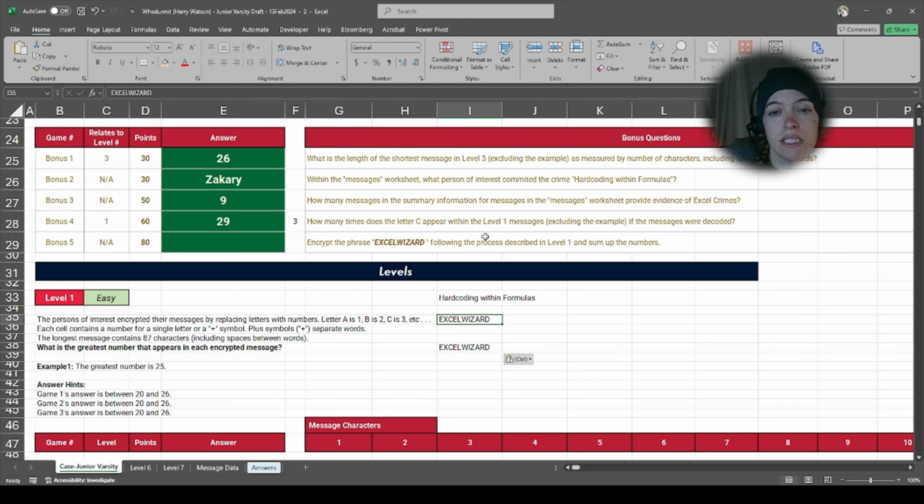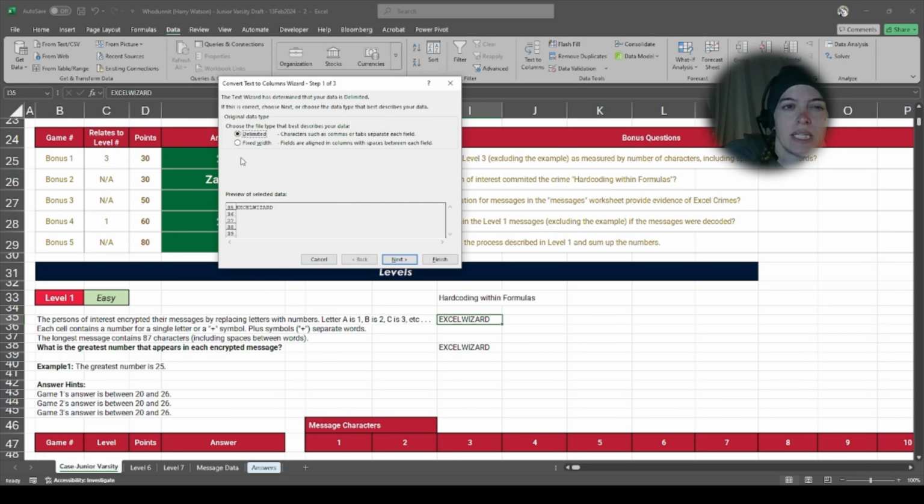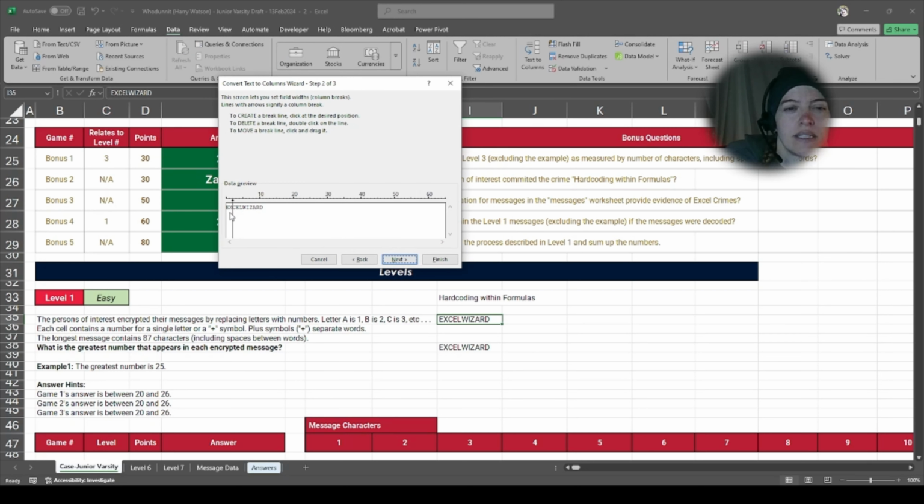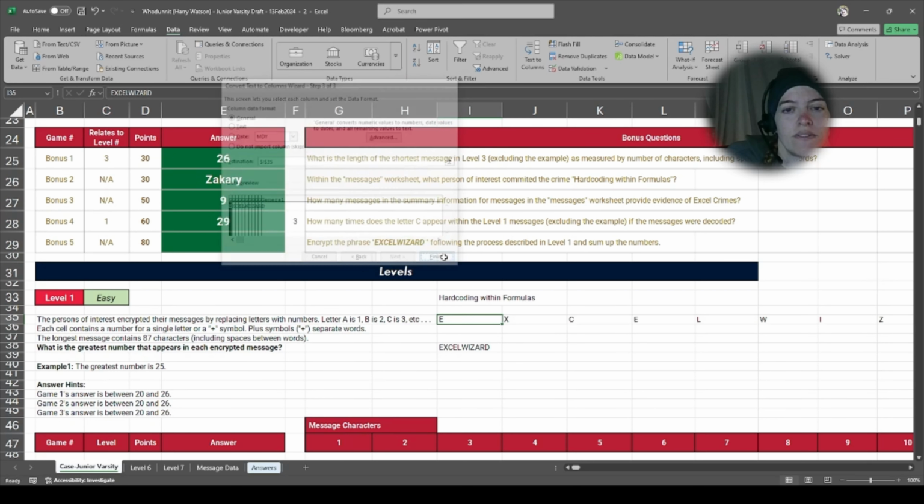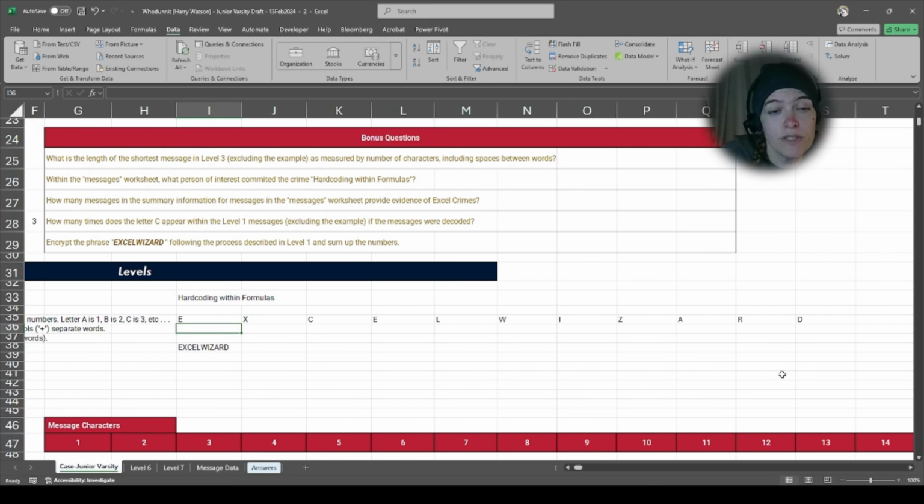We could come up here to data, text to columns. And we could do fixed width, and then next, put a little break in between each letter, finish. There we go. And then look to make sure that worked. But what if it were super duper long? That would be so tedious. So instead, we could use a function,